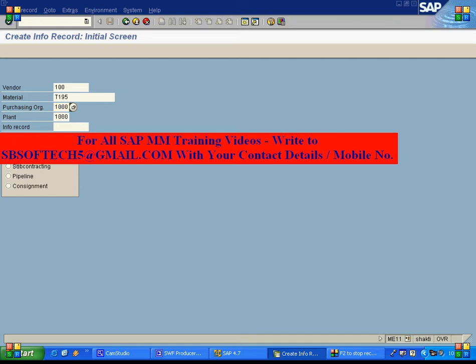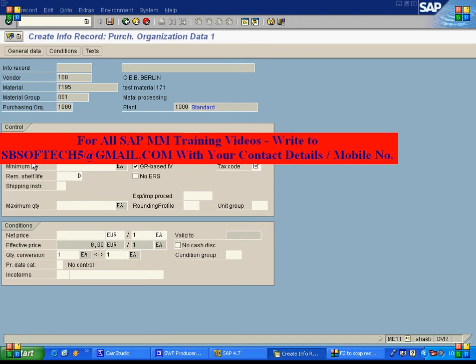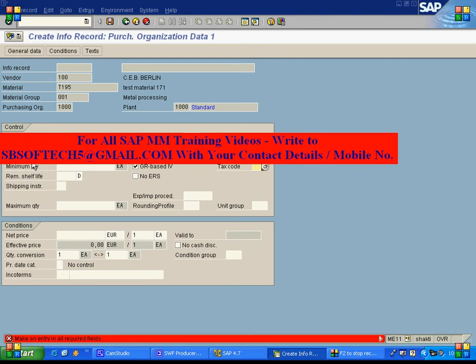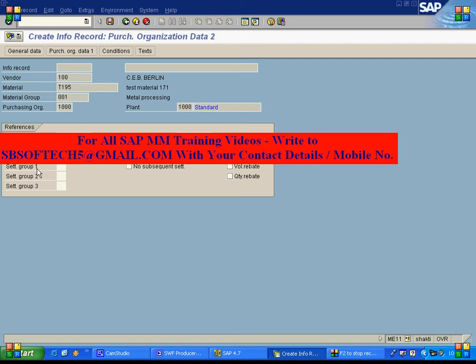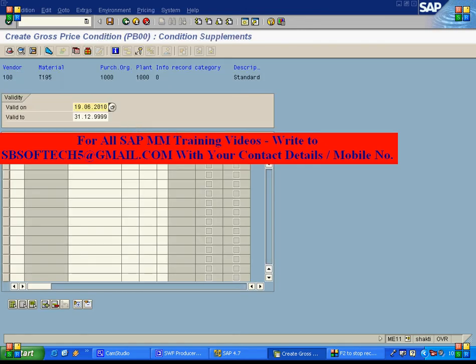Okay, so first I will create a standard info record, which is a normal procurement cycle. So for the normal purchase, the price is 15 euro.